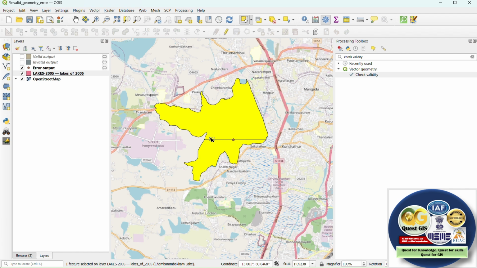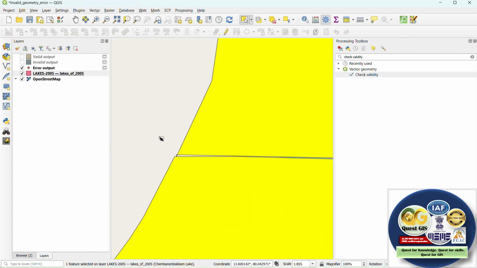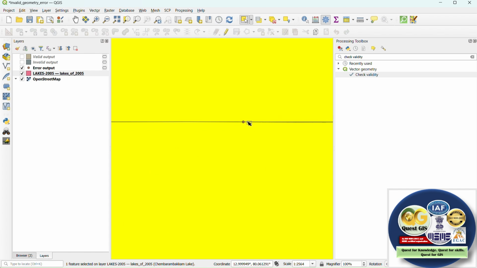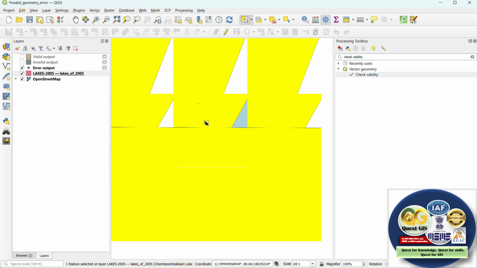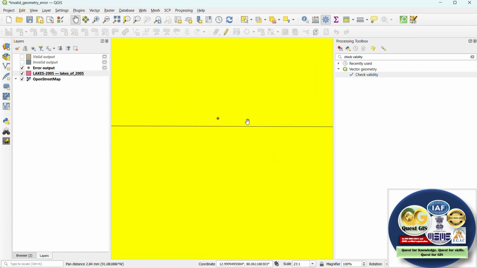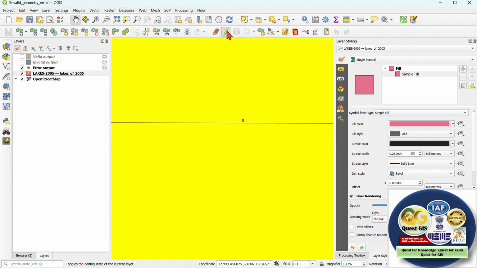But sometimes when such geometries occur, there is only a single point which you can delete. If you come here and zoom in, you will see that there are some overlaps. Let's see how this error looks.